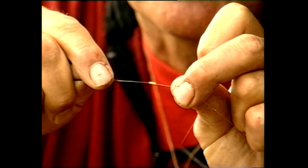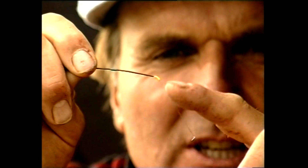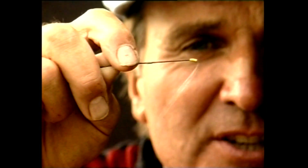That's a simple way of fixing. There you are, permanently fixed. There's your loop. Actually, you've got a double strength of line coming out there, which helps, because there's a fair bit of wear on the end there. And I've got a main line, an 010 high power Browning main line,